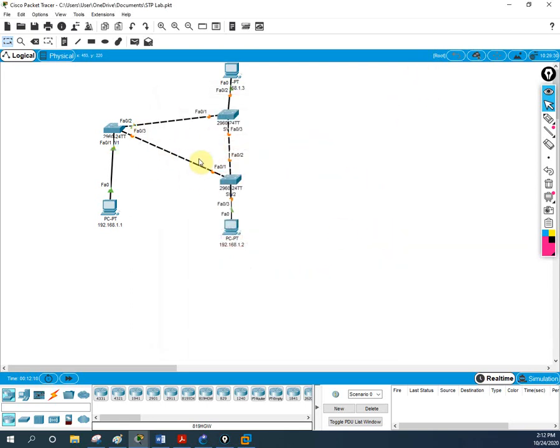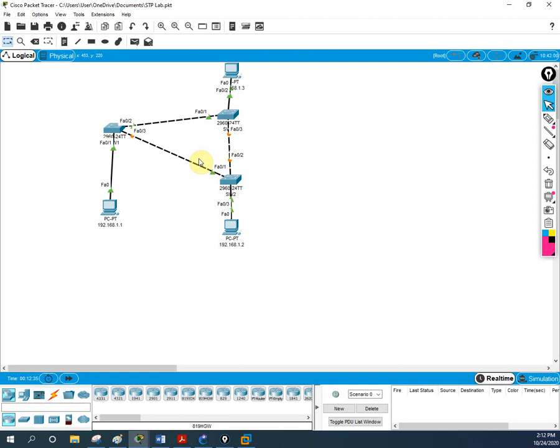Now they will have the election and one port will be disabled. Spanning tree protocol is going to disable one port depending upon the MAC address of the switches as well as the priority of the switch. So we are going to discuss what the MAC address of a switch is and what the priority of a switch is in our next class. In our next class we will discuss switch priority and how the root bridge is selected.